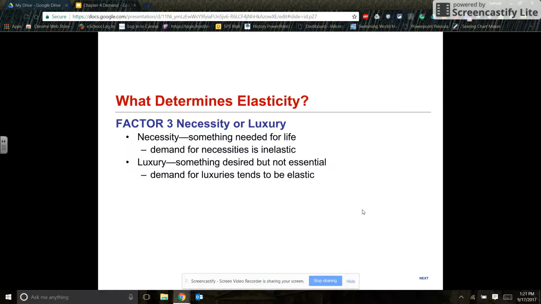On the other hand, if what you're buying is a luxury item, something you want but don't really need, those tend to be more elastic, meaning the more the price goes up, the less demand there is for that item. Now, it can seem like elastic and inelastic are easily reversible because for some people, they just get mixed up. I'm one of those people. For some reason, keeping them straight at times is difficult. So just be aware of that.